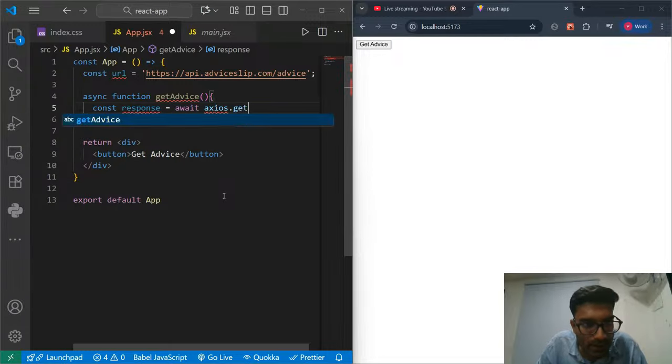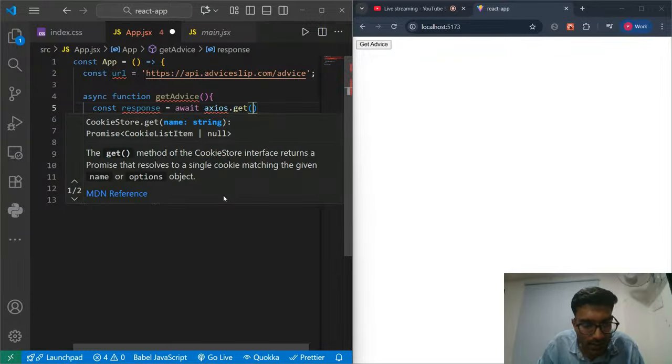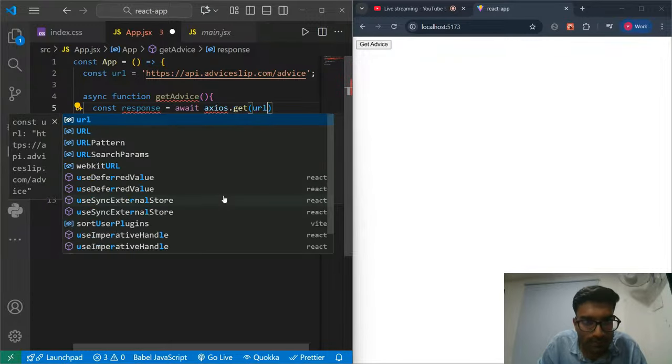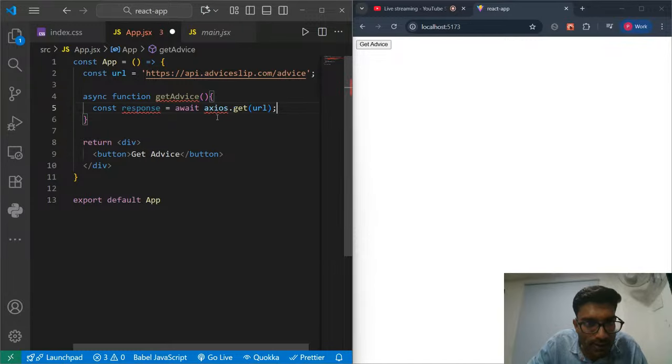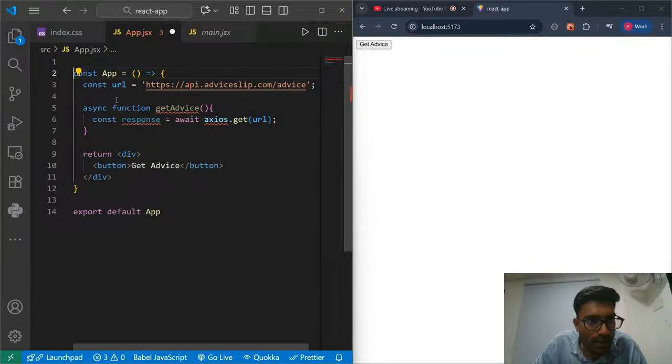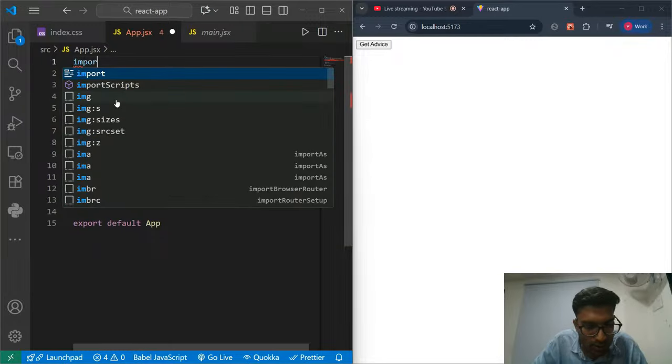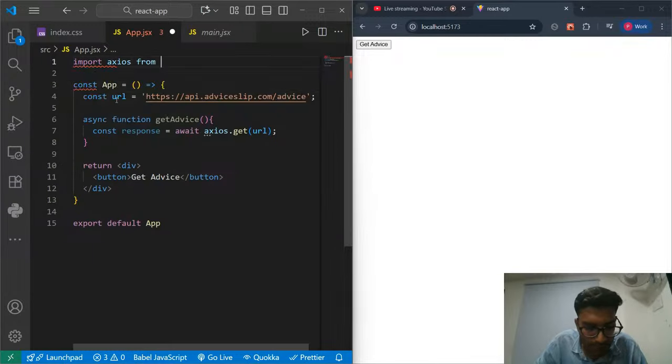So we are going to make a get request. So axios.get, and here we will give our URL. You can see axios is not recognized, so we have to import axios. So I'm going to import it. So import axios from axios.